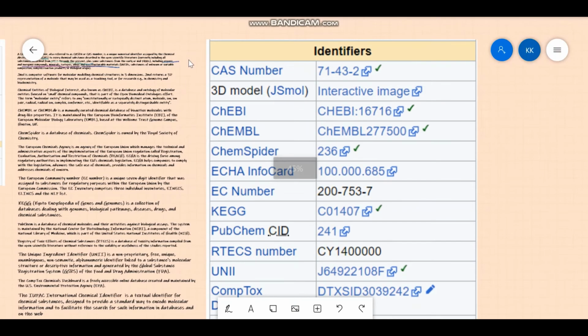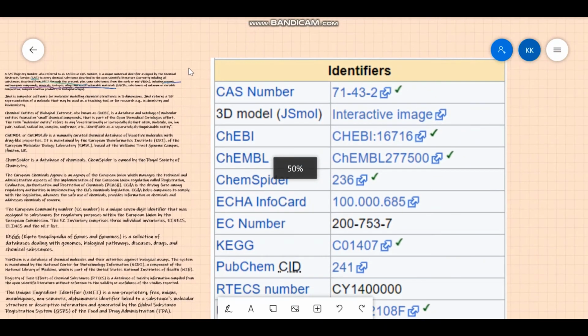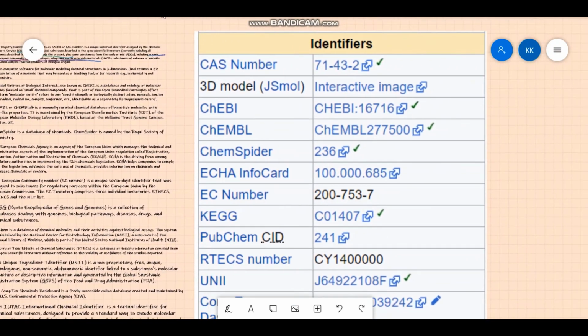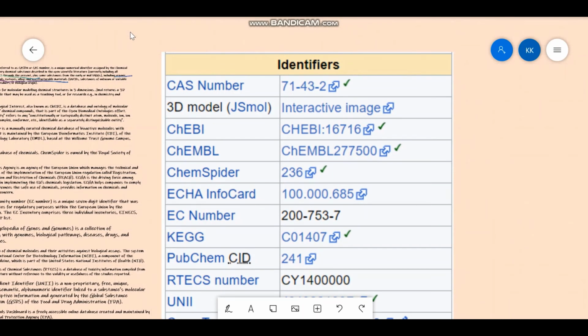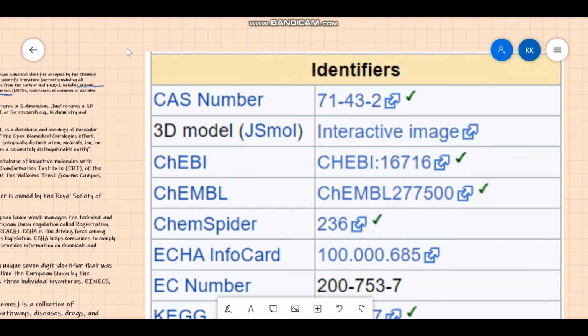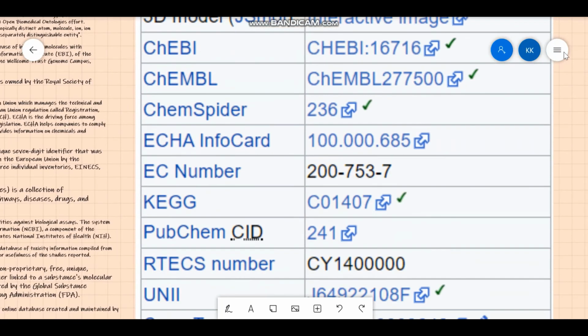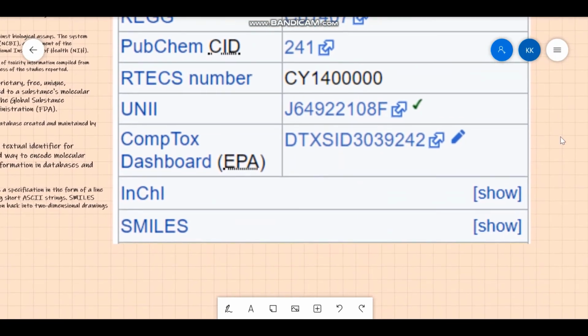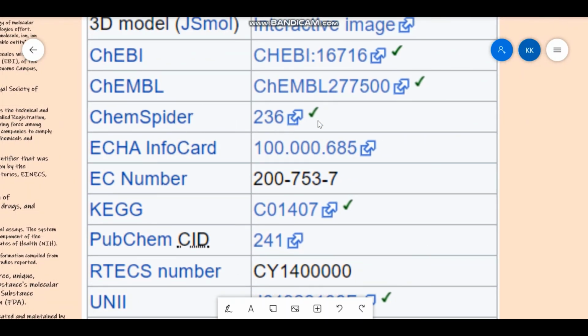The main purpose of this video was to give a brief idea of what these terms meant, which might seem like some foreign language if you have not used them in your daily lives, which we generally do not. As chemistry students, we generally go over a few of these, like 3D models when we want to see the structure of a substance, or at times we go to the ChemSpider website to see the 2D structure. But these other ones remain relatively obscure to us. Hence, I made this video to clarify a few points.